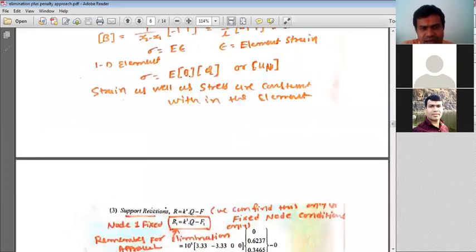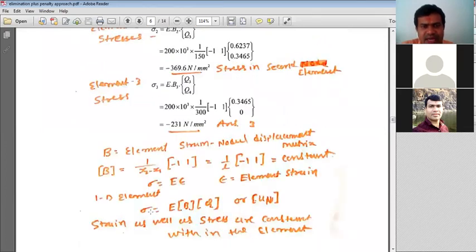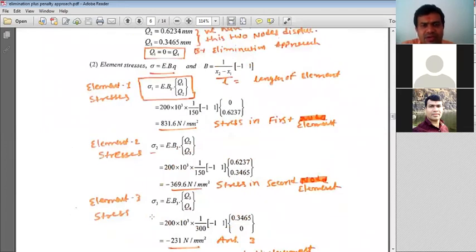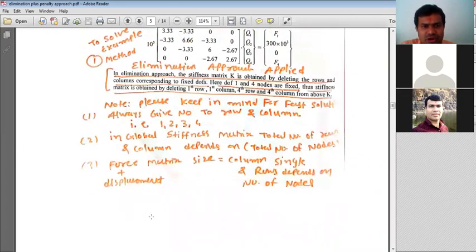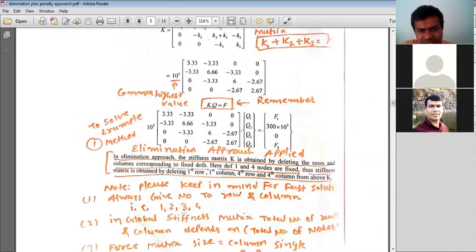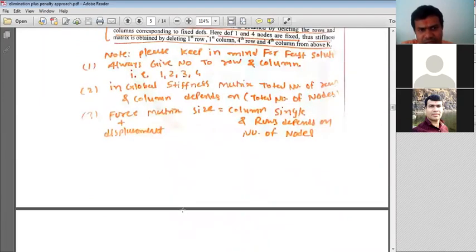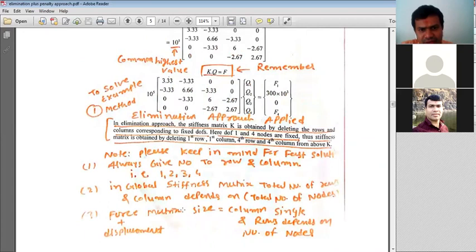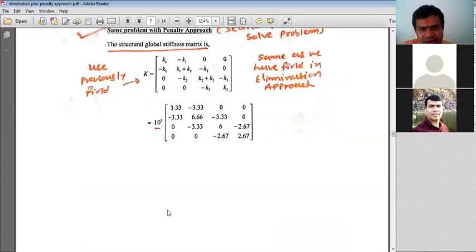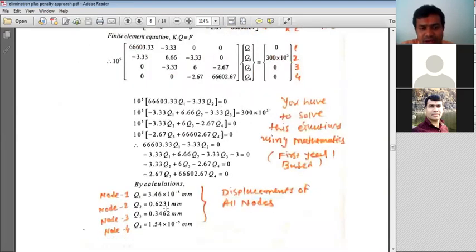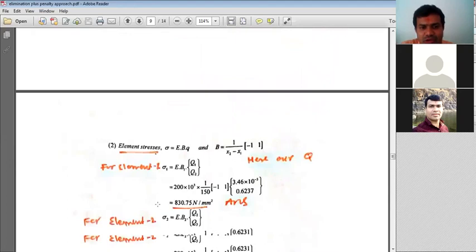Both methods are simple, but the elimination approach gives you more flexibility to solve these equations of the global stiffness matrix after KQ is equal to F. Okay, both methods are easy, but particularly mention that you have to go